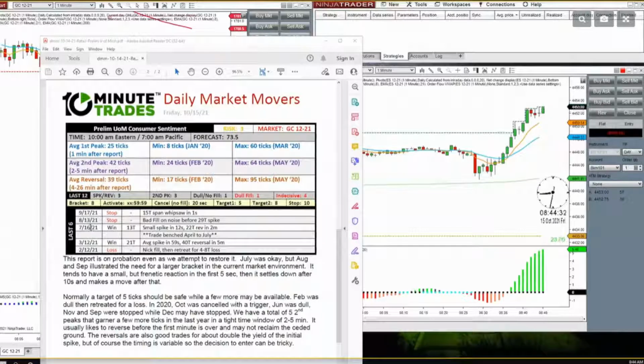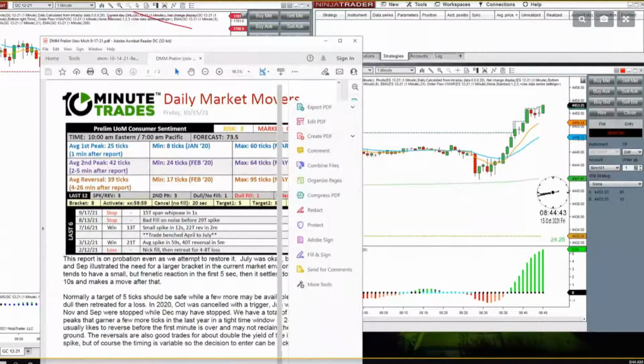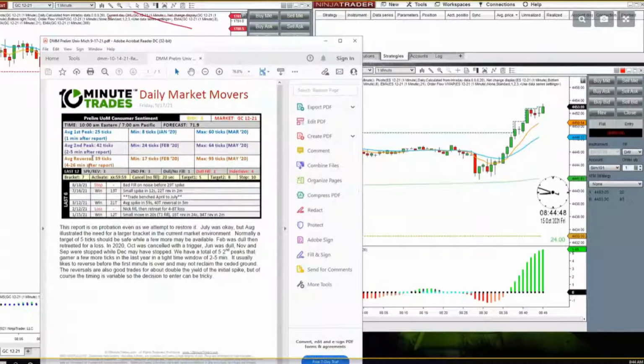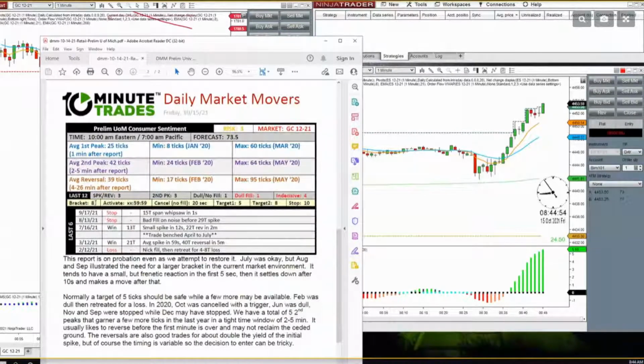So what I'm looking for is the DMM from 9/17. So if I can find it real quick, I'll show it to you. And I have it. I just want to show you. Now the bracket's 7 and it was increased to 8 for the next one. I recommended 10.